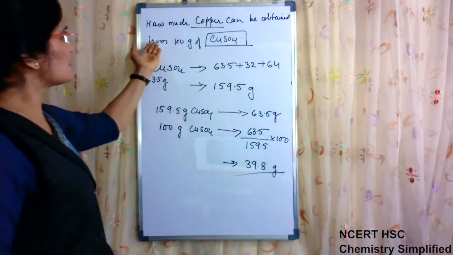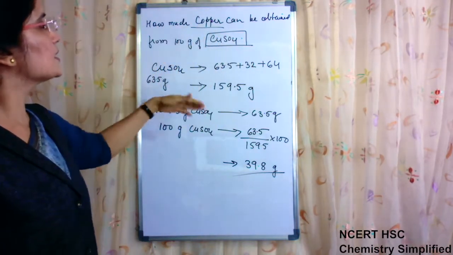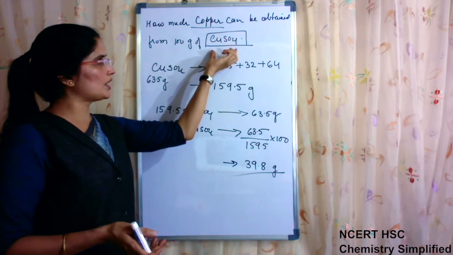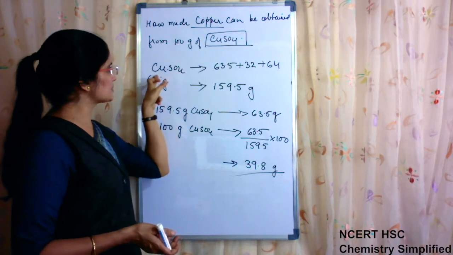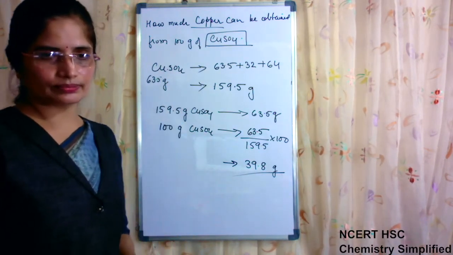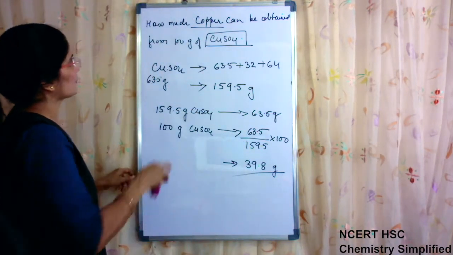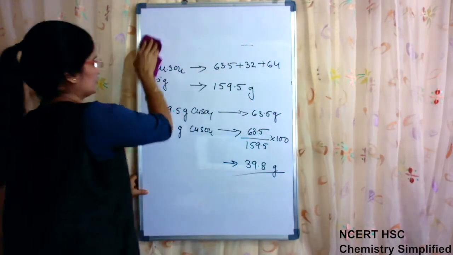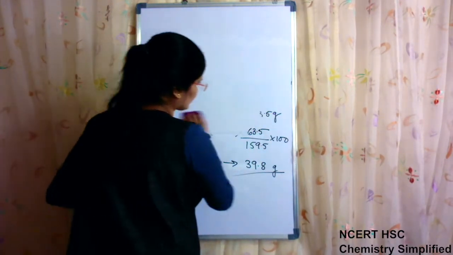Maybe instead of 100 they can ask for any quantity, but the process for any substance will go the same. First you have to calculate the molecular mass, and in that particular molecular mass what actually is the mass of that substance which they are asking for, and then do the rest of the calculation. Now we come to the next question.